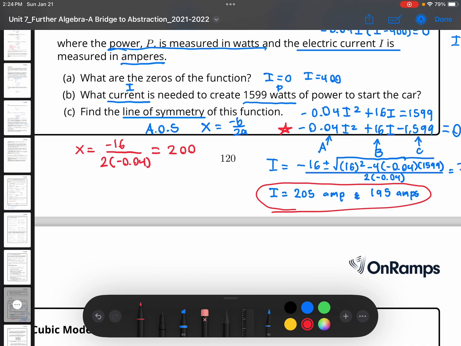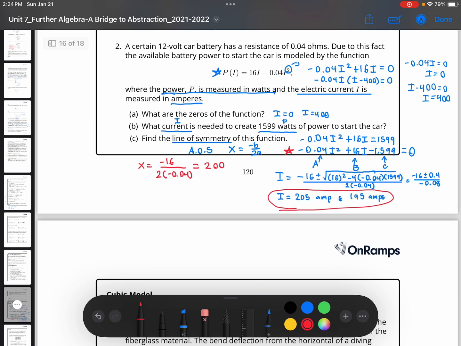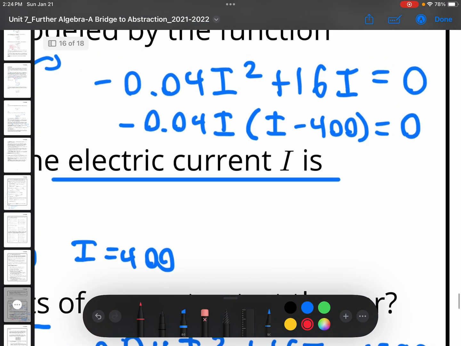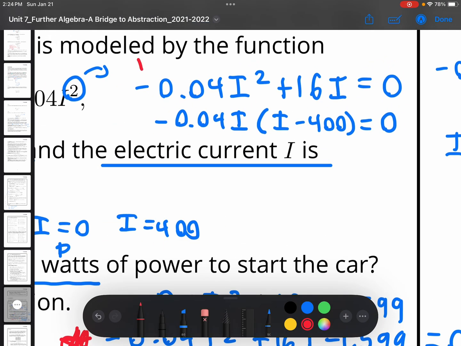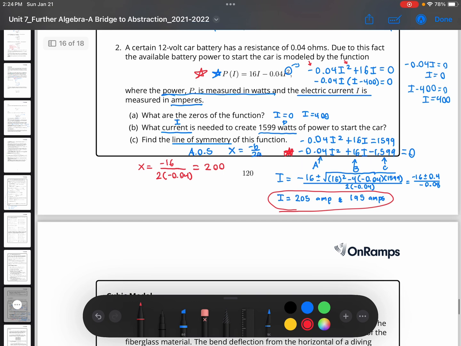And don't forget what that means, all right? And going back to this, we probably figured that out. Just to kind of connect it all for you. If you remember, we really were talking about this formula. That was my bad. All right, though the answer does not change. If I tell you that the zeros are 0 and 400, remember, this right here, you have a negative, and this is an even degree and negative function, which means I have